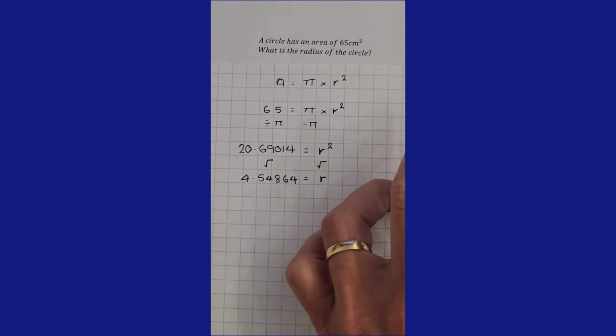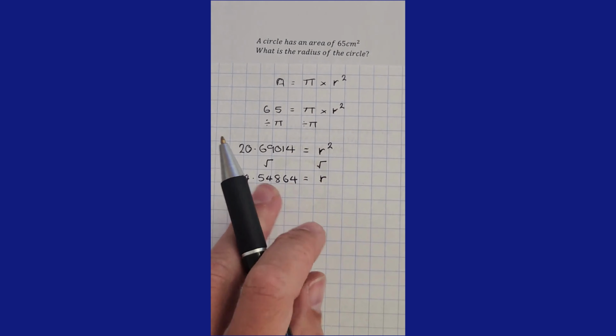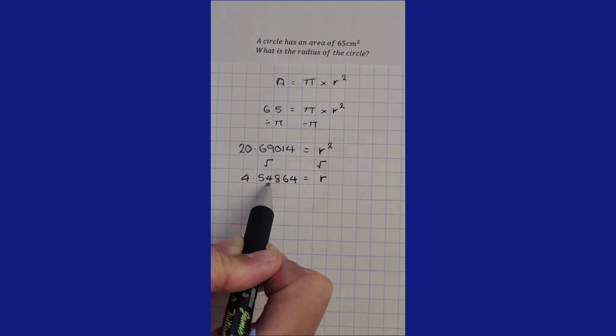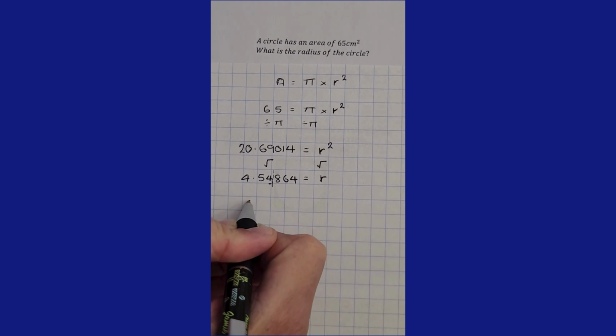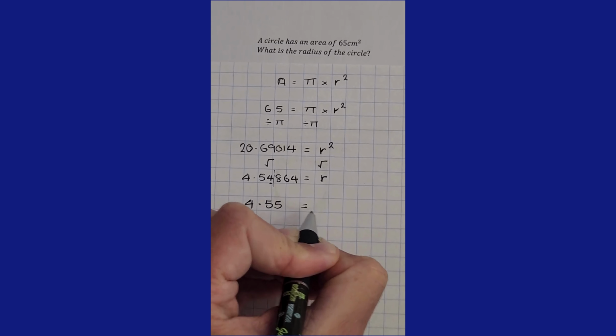Now, what I said for the prior question is I haven't done the rounding just yet. So I've written all the values out. Now I'm going to round it. So if I go to 2 decimal places, what does the 8 do to the 4? Well, it should round it up. So the 4 becomes a 5, which means I'm going to write an answer of 4.55, and that is going